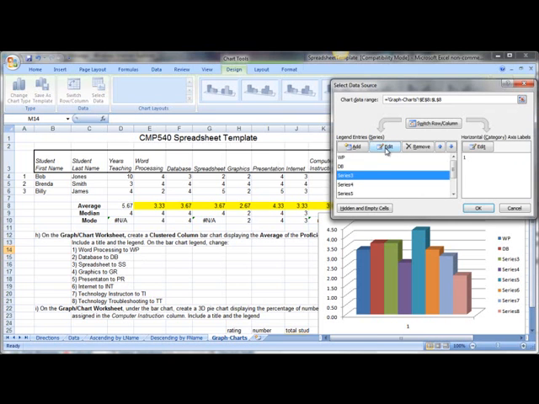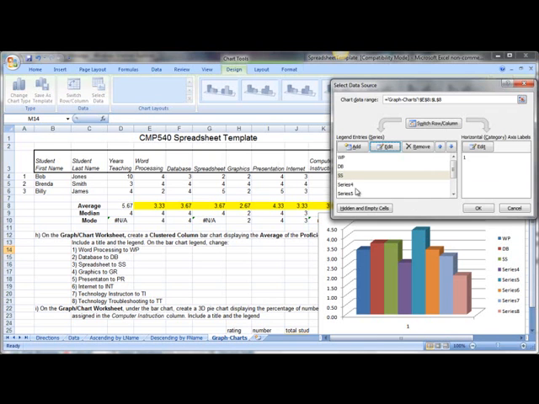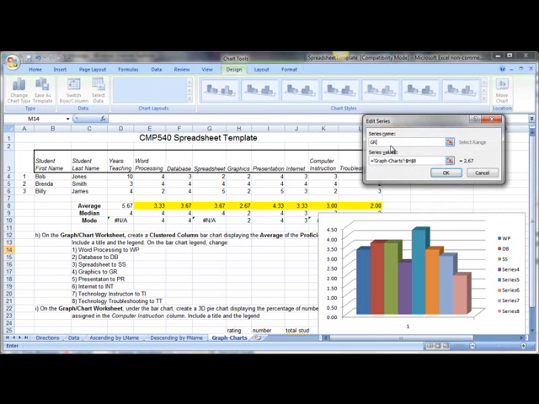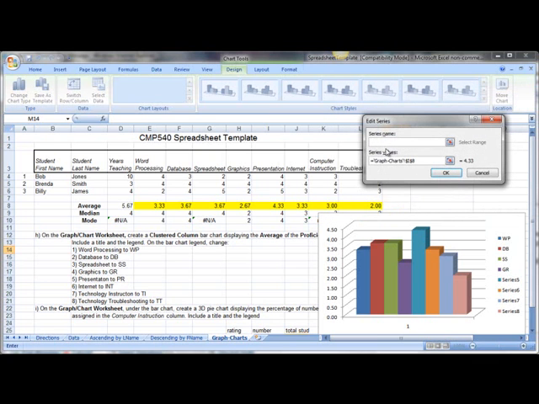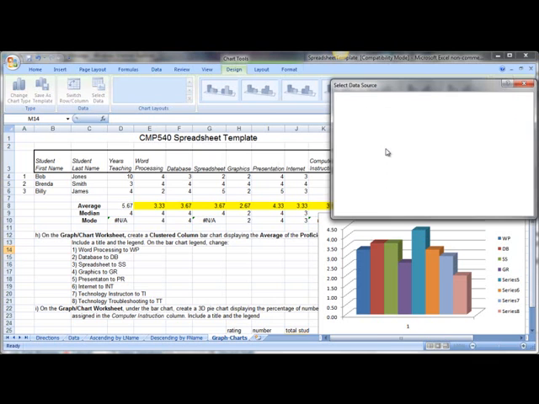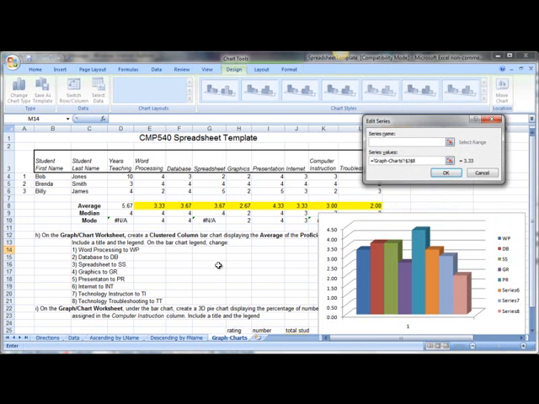For Series 3, we're supposed to have SS, Series 4, GR, Series 5, PR, Series 6, INT,